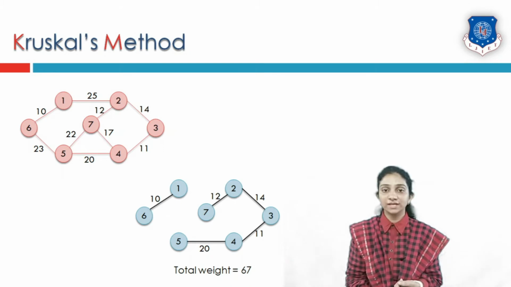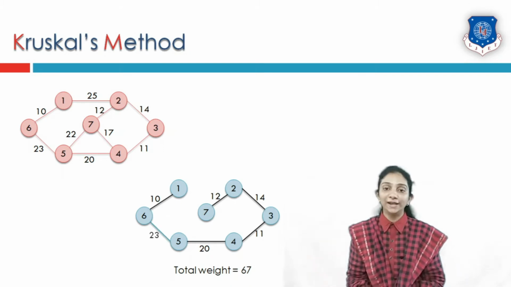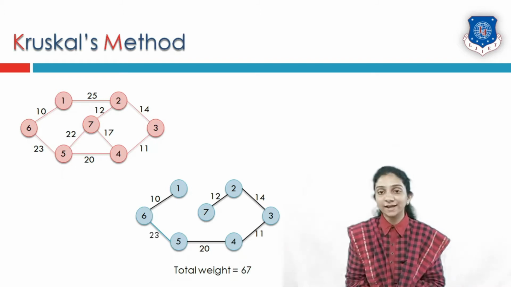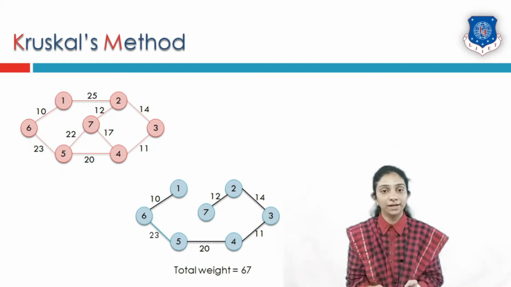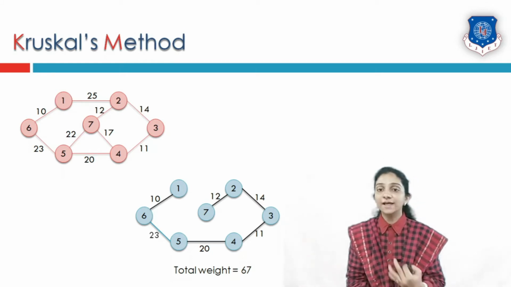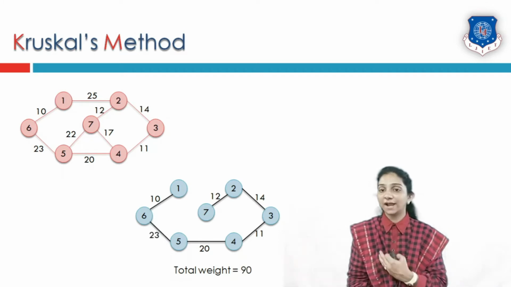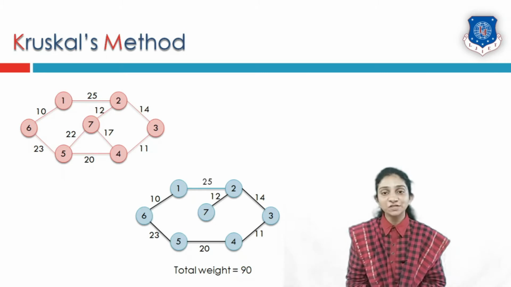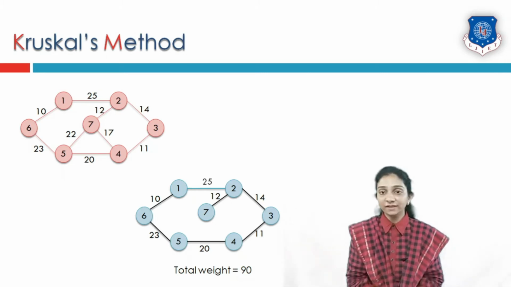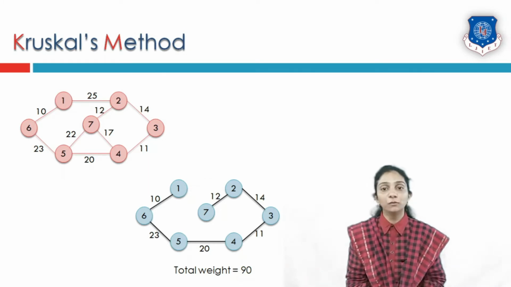After the edge with weight 22, we will select the edge with weight 23. So the next least weighted edge is the weight 23 edge. Adding this edge to the result doesn't make a closed circuit. So we will keep this edge and update the total weight. The last edge that we must check is the weight 25 edge. Adding this edge will again make a closed circuit, so we should remove this edge.